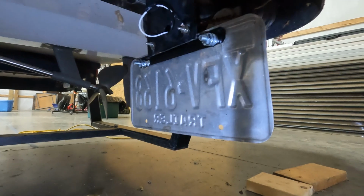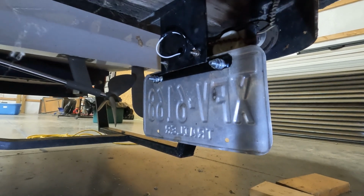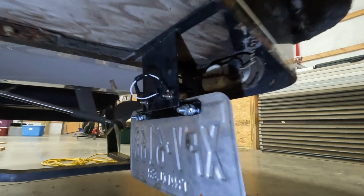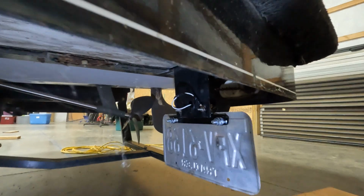Took a little bit of work to get the old rusted bolts off of the license plate, but we got the license plate back on. New stainless hardware. I rewired that light for the new plate holder, so we should be in good shape there. So that oil change in the Nautique does take some time, because it takes a long time for that